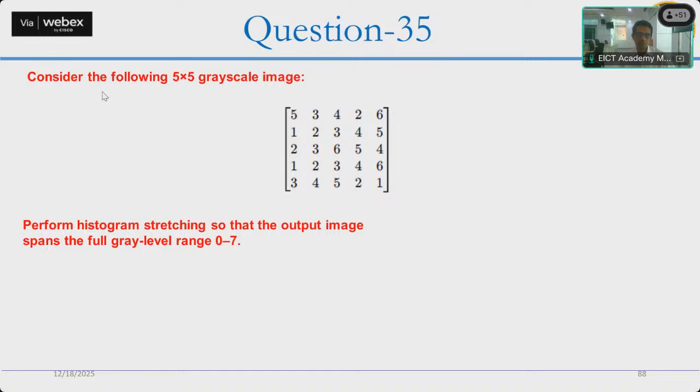Consider the following 5 by 5 grayscale image. Perform histogram stretching so that the output image spans the full gray level range 0 to 7. Can you solve it? Here it is 5 by 5, so it is 25 pixels. Can you find it out? So if I draw it,